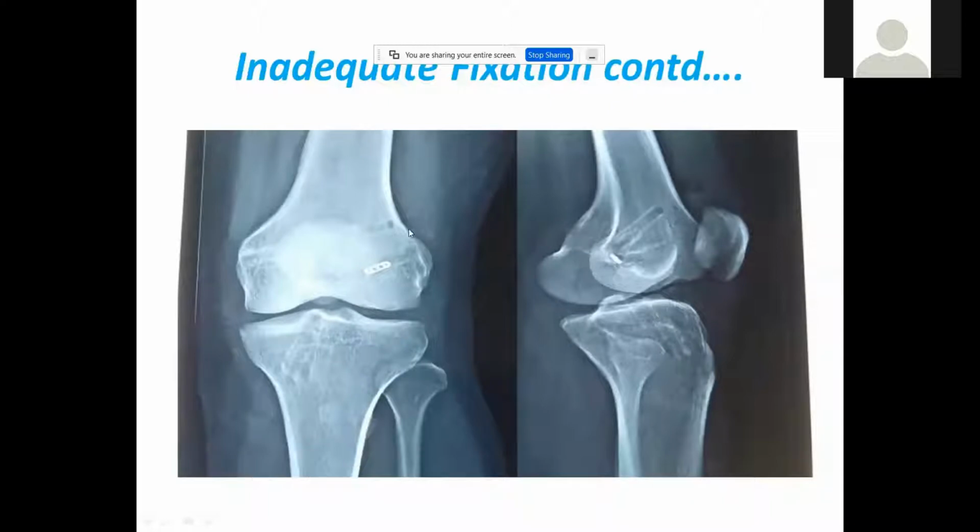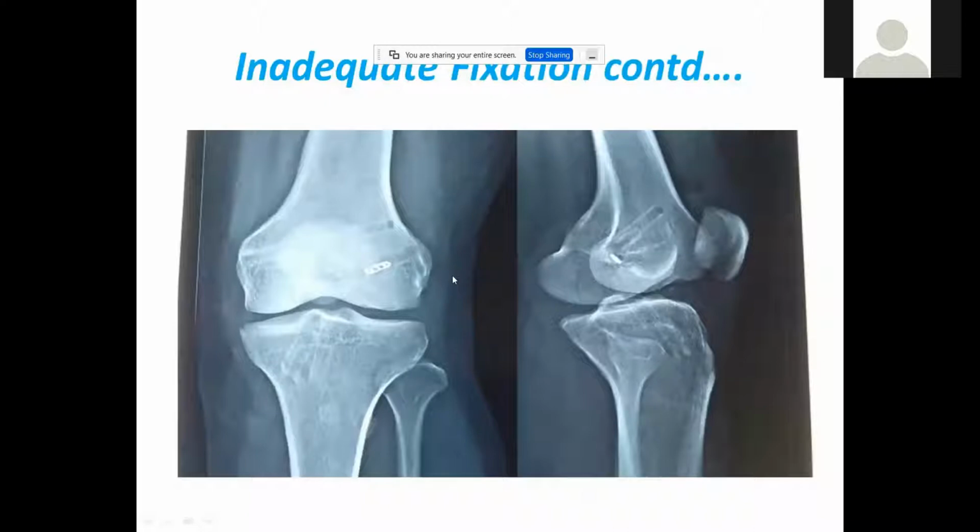It has not been at the proper position. It should be flush to the bone after the tunnel, but it is lying inside the tunnel. That means either the surgeon had not pulled the endobutton